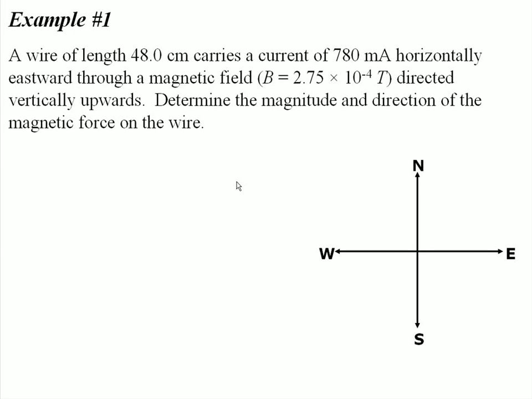Our first one, a wire of length 48 centimeters, so I'm just going to highlight some of the key words in here, carries a current of 780 milliamps horizontally eastward, and here's the magnetic field. Determine the magnitude and direction of the force on the wire. So since we're talking about a magnetic force, we can use this formula. Magnetic force equals I L B,